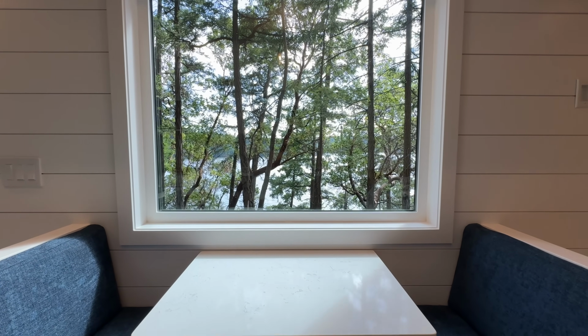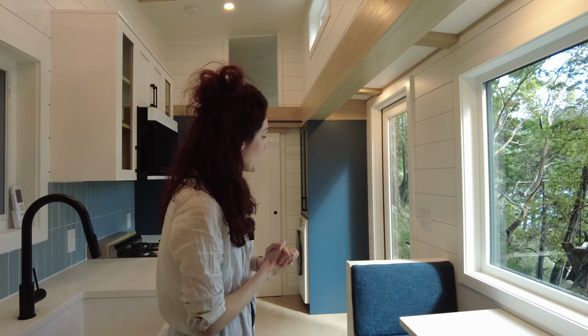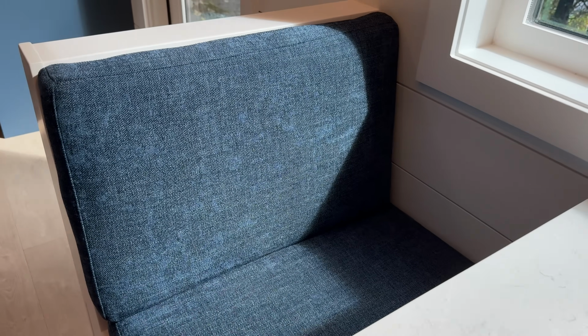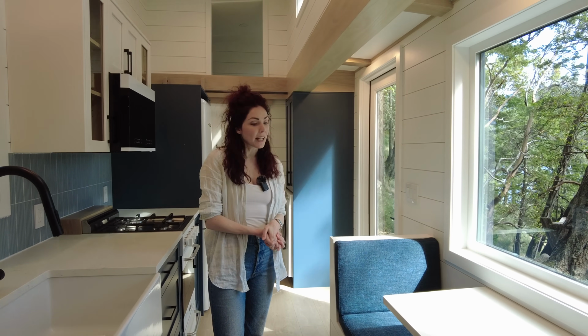The view is obviously amazing. It's also just going to be another good seating area. Could sit and work off a laptop or something like that, so I absolutely love this. Our builder also did some custom cushions for us in this nice blue that matches all of our cabinetry, which is amazing. And then my favorite feature, we asked if we could include some storage in the dinette just because we didn't want to lose the extra space,